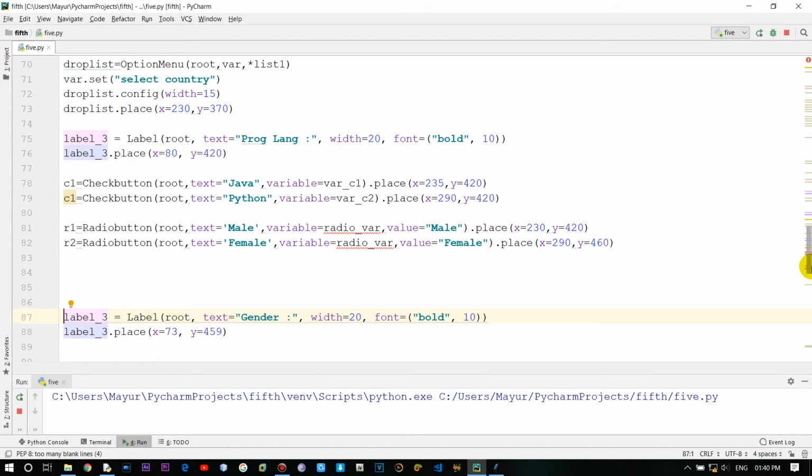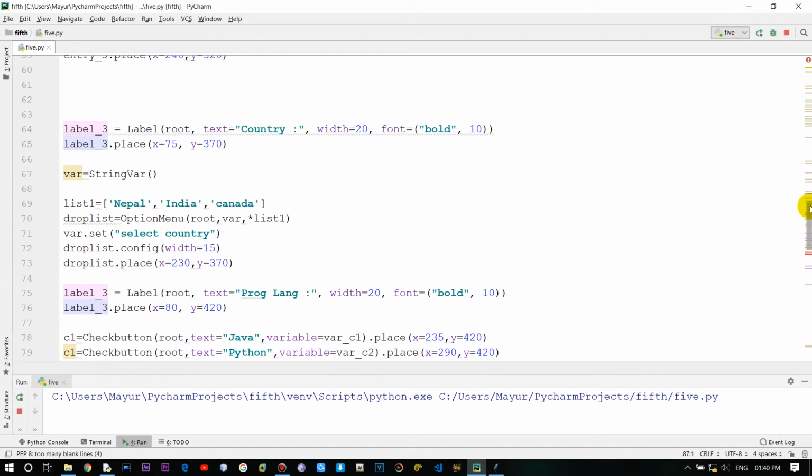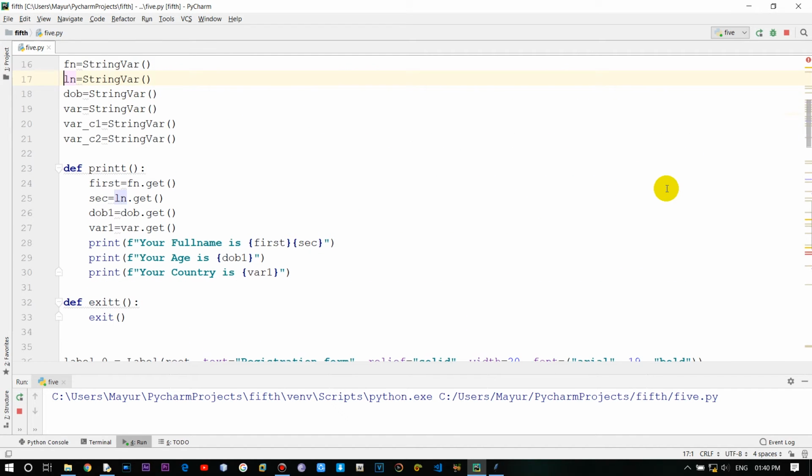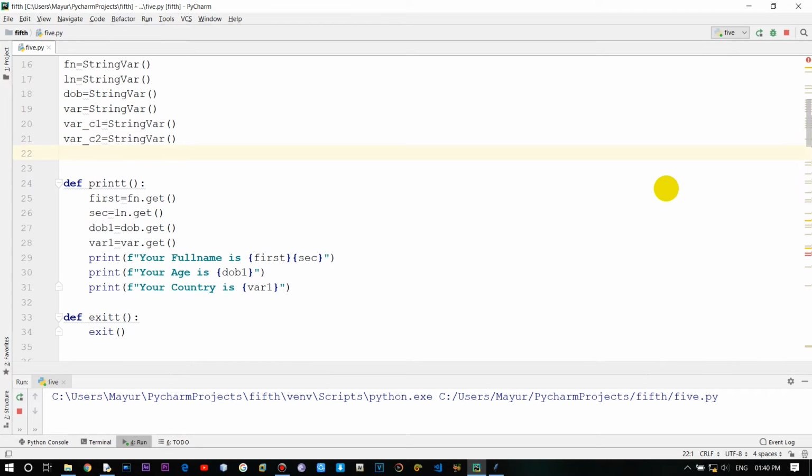and mention it at the top. So we'll be seeing, like, let's go to the top, and we'll be providing it over here. Sorry, so radio_var is equal to a string,